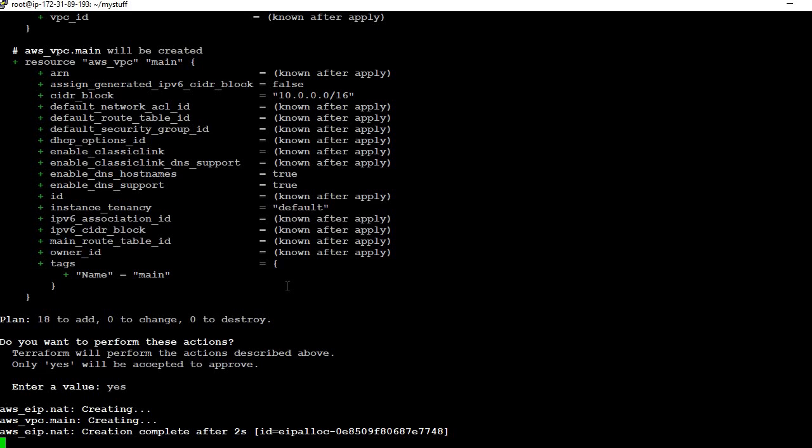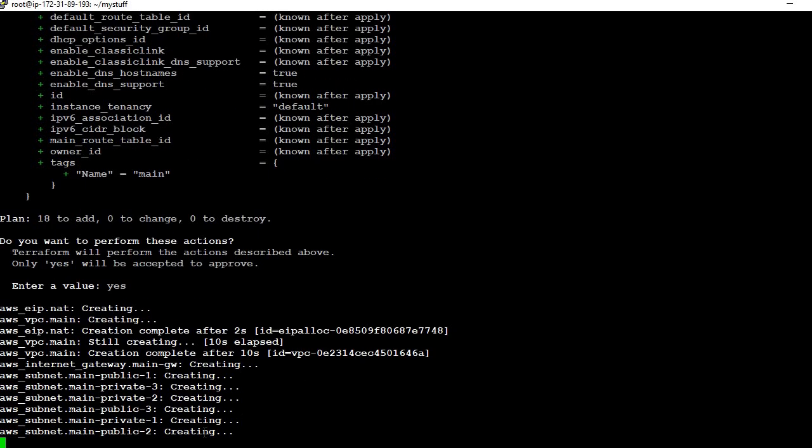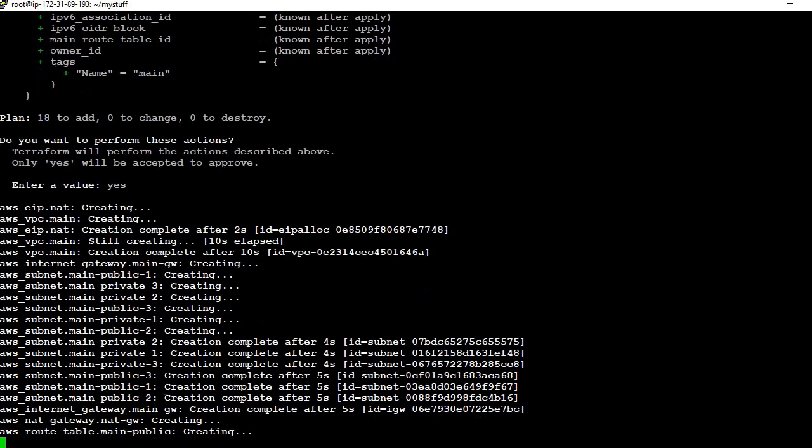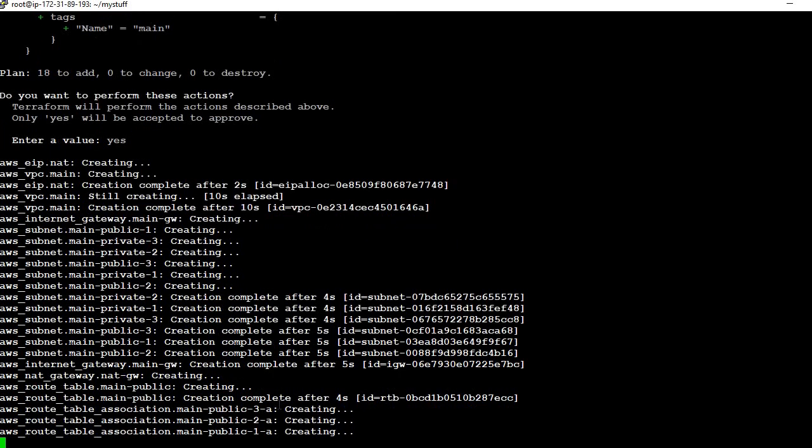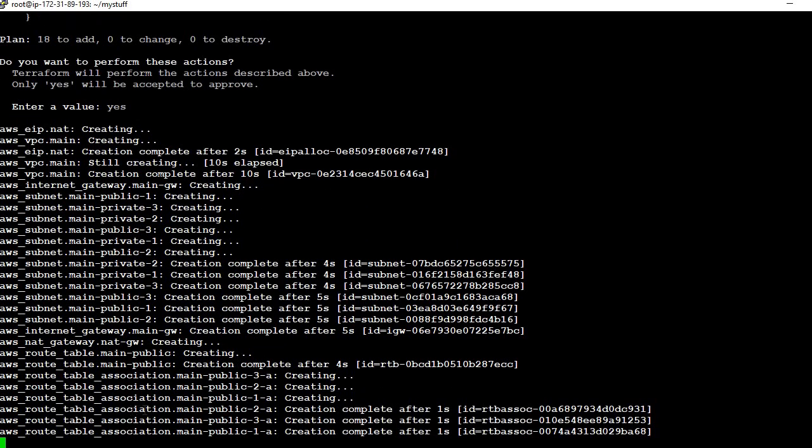Now it is creating, first the EIP NAT, then the VPC main. It will take some time. Now it is creating the subnets, both public and private. It has been completed. Now creating the internet gateway, associating the route table with the public and private subnet.